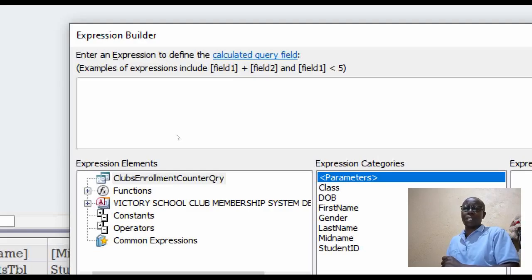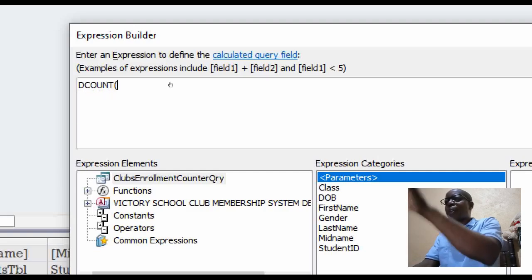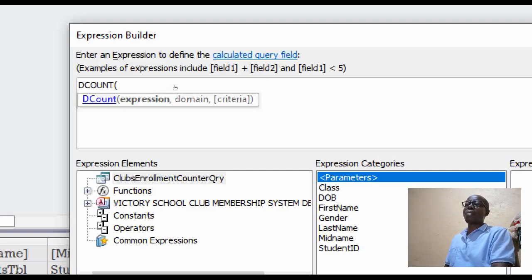Let me say that in short. It cannot allow us to provide a criteria or a condition. So the one which allows us to use a criteria or a condition is called dcount. Everybody, dcount. So that's the function that I have typed there.